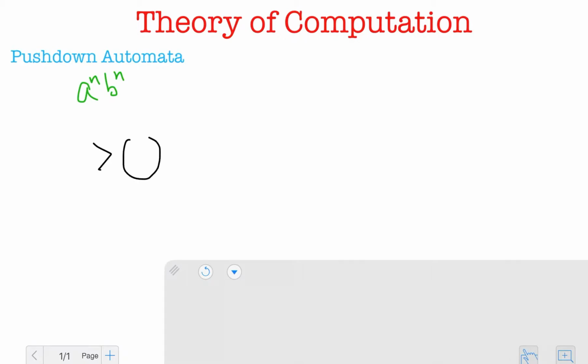Hi everyone. In this video we'll actually draw a pushdown automaton and we'll take the language that we've been considering for a while, which is a to the power n, b to the power n. So we want to draw a pushdown automaton for this. What we want to do is we start with a start state, which is, let's say, q0, and we say